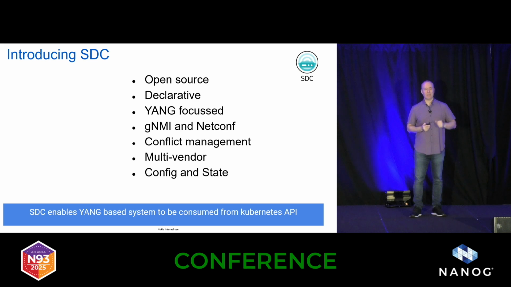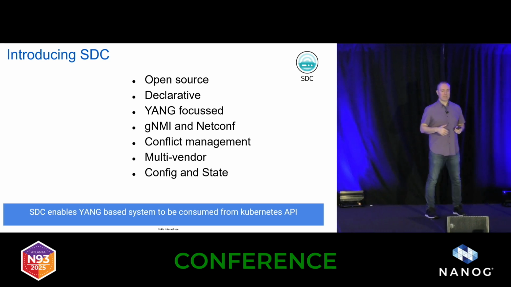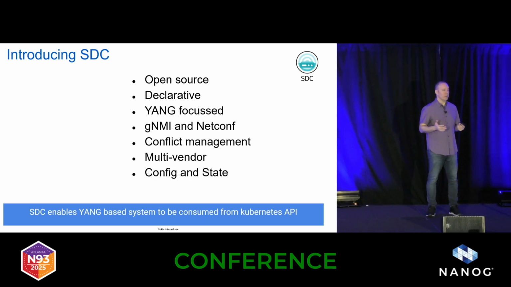Then let's go with the schema-driven configuration. Schema-driven configuration is an open source project that is part of KubeNet. It's declarative because it's using the Kubernetes machinery as part of the solution. You can just go and define your